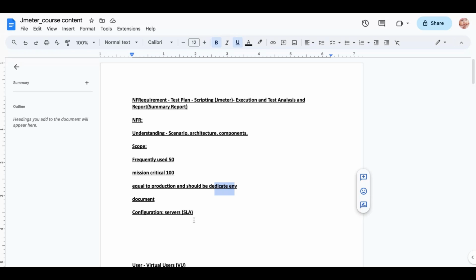Why I'm talking about trying to get the IP address: maybe in future, if you're not getting those details in the NFR, once you get a sign-off, people will blame the performance testing. They'll say, no, this server was scaled down. So you tested